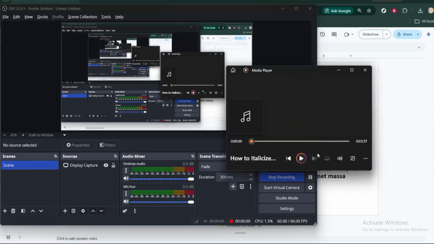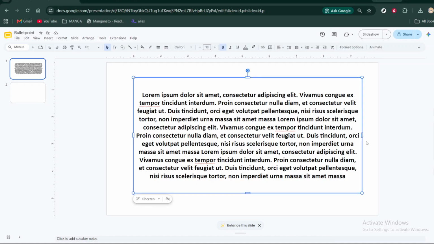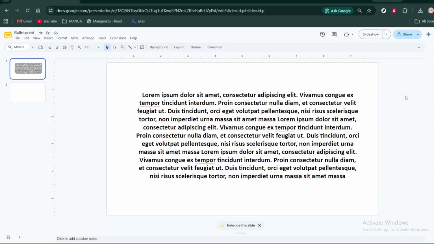Tired of hunting for the italic button in Google Slides? Learn the fastest way to italicize text and never waste time again. In this quick tutorial, I'll show you exactly where to click and how to verify it worked. Let's dive in. So you've got your Google Slides presentation open, and you're looking at a slide that has some